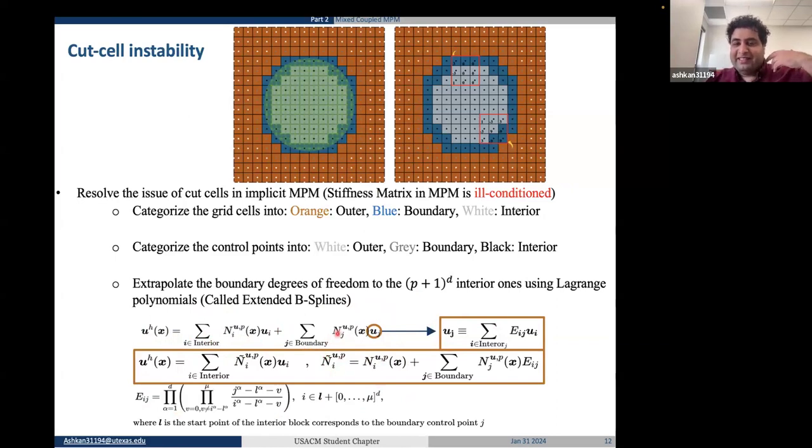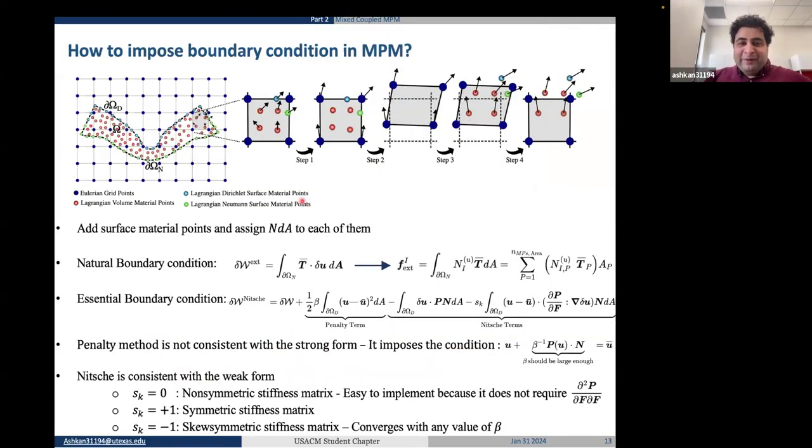This stabilization makes the stiffness matrix not ill-conditioned, and you can solve the problem to much larger deformation when you use this. Another important issue in MPM is how to impose boundary conditions. It's a challenge